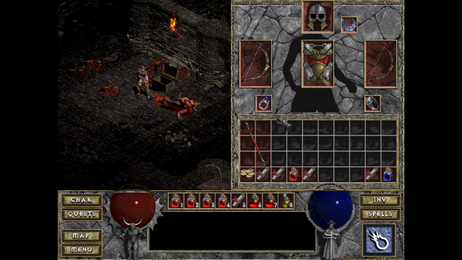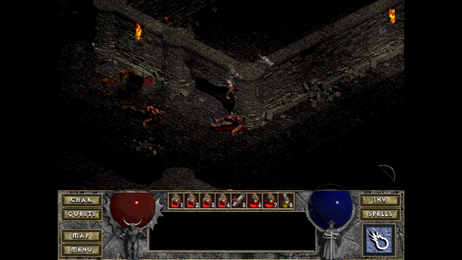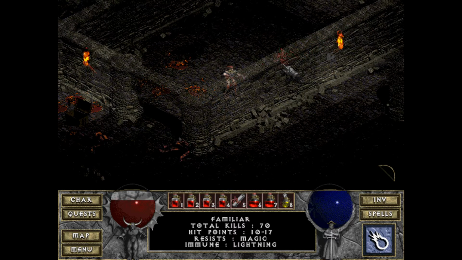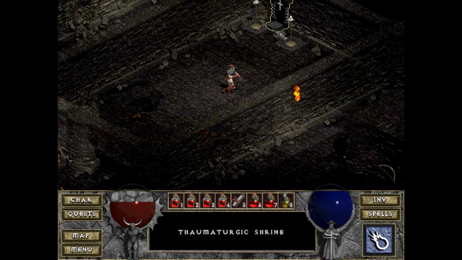is, oh, I forgot to repair my bow. Well, I guess we're gonna go back to town pretty quick. Oops. Gotta remember to repair as a rogue. When you're playing as a sorcerer, it doesn't come up as often, but...